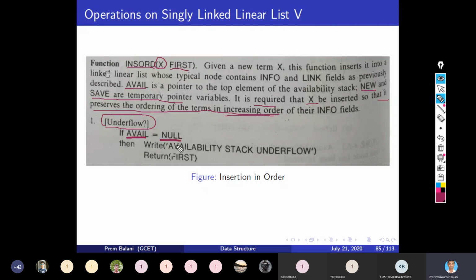That means we do not have any nodes available. So we can write that the availability stack is facing the underflow condition. So you just return the linked list without inserting a node into the list.